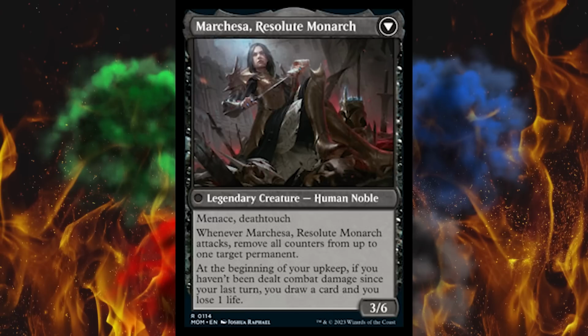Oh, this is, wait, I thought Eldraine was called Eldraine. Whatever, I don't know. It's a 3/6 legendary creature, human noble with menace, death touch, and when Marchesa, Resolute Monarch, attacks... Oh, wait a minute. No, this is, Fiona is, Conspiracy, isn't it? I don't know, I could look it up, but I've already completely lost any kind of will to give a